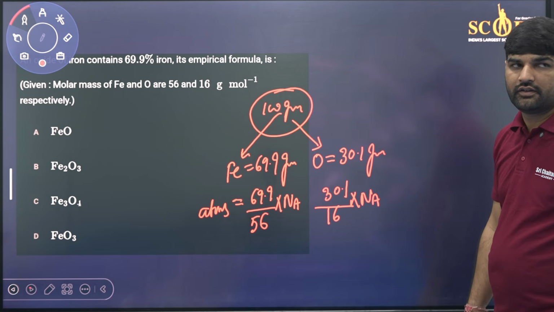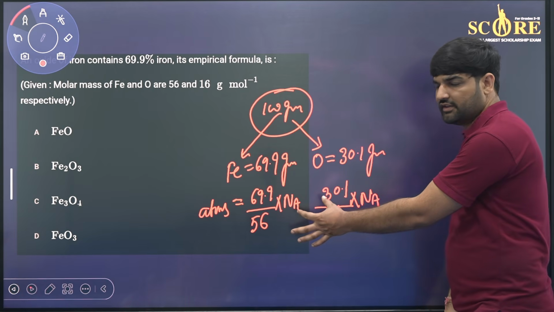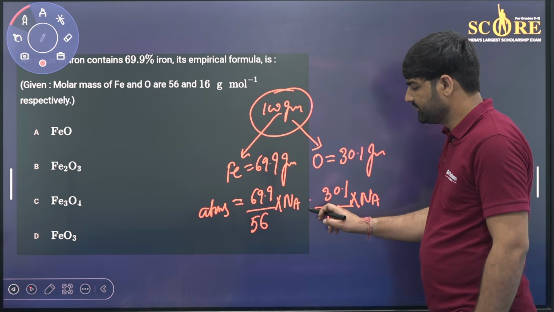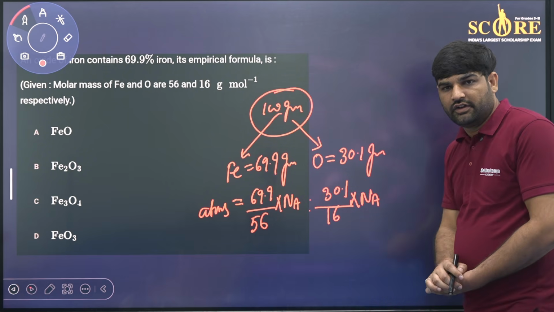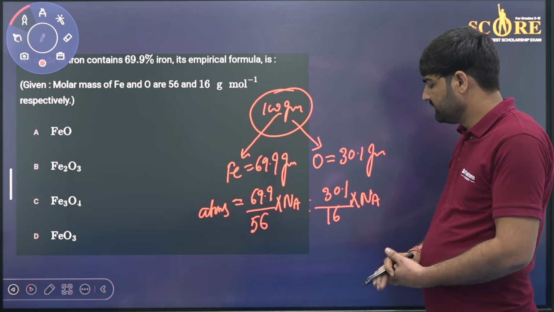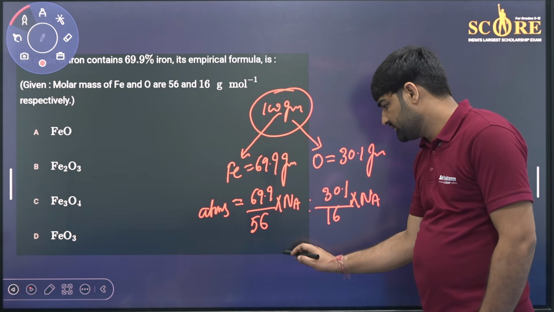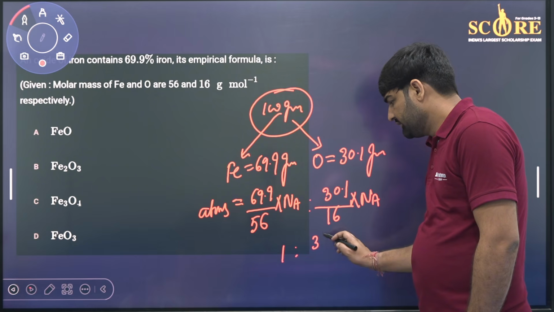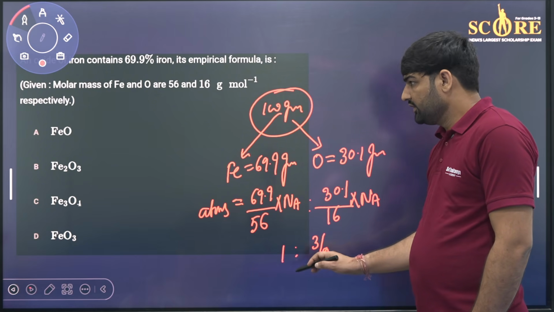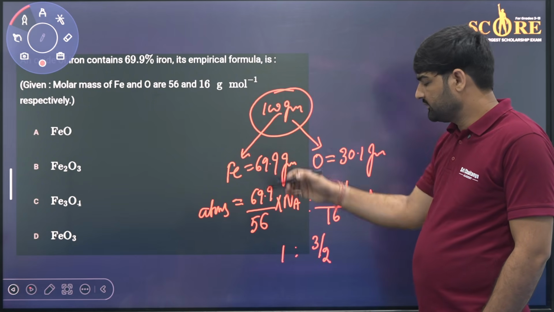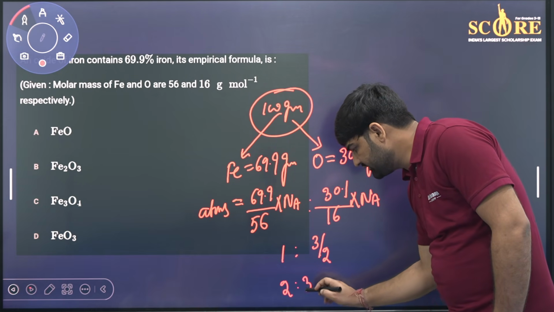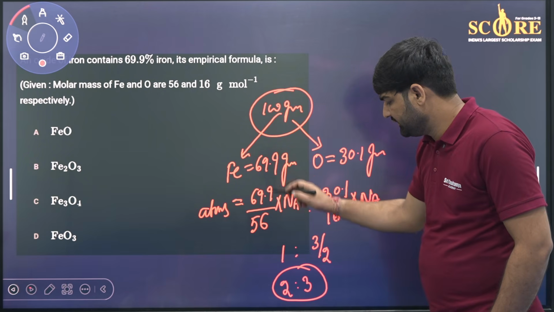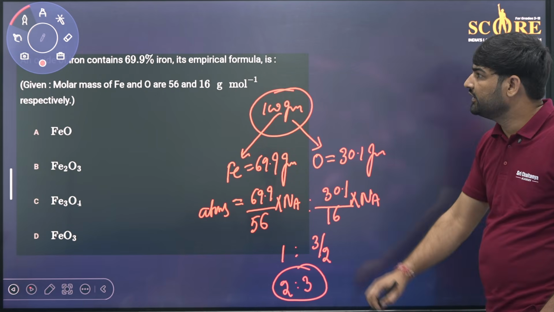We know number of moles multiplied by Na is the number of atoms. Now we have to take a simple ratio. If you take the simple ratio, then you will find 1 : 3/2. We have to find the simplest formula. For that you have to multiply by 2, then you will find 2:3. It means iron will be 2 and oxygen will be 3. Then the formula will be